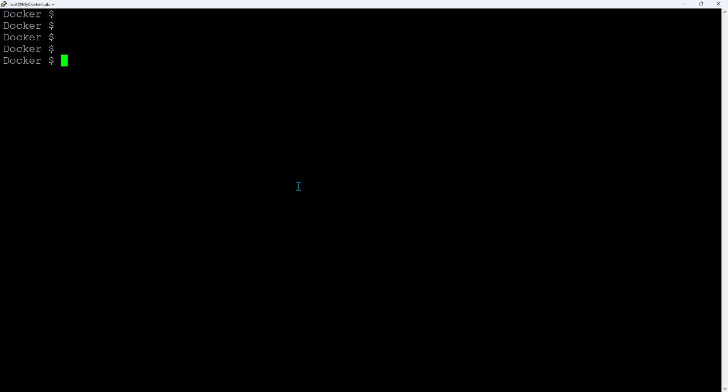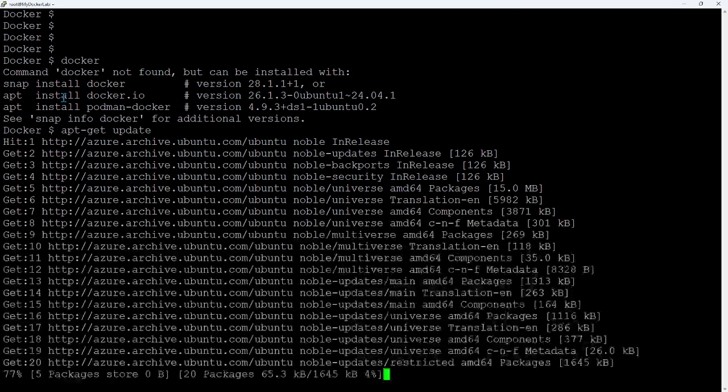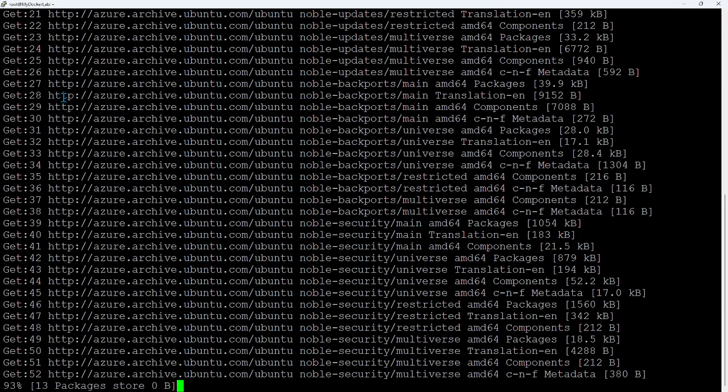So, in Ubuntu machine, if you just type Docker and press enter, if Docker is not installed, Ubuntu will give you, like, you want to install, this is the command to install Docker. That's it. It will install Docker, because the repository and everything is already added. From Ubuntu repository, it will get downloaded and you can install it. And first thing, you need to go and say apt-get update, just to make sure that everything is up to date.